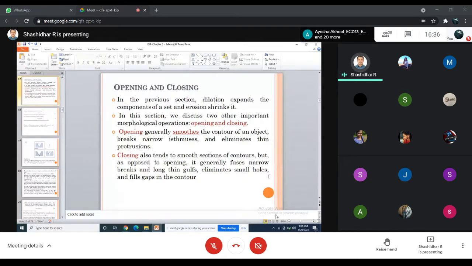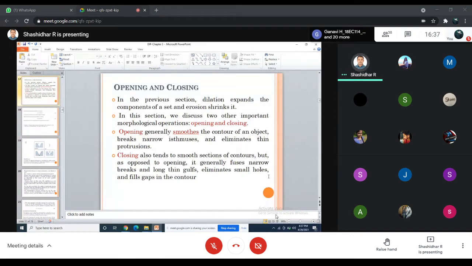So opening and closing. In this section, these are two very important morphological operations: opening and closing. What is opening? Opening generally smooths the contour of an object, breaks narrow isthmuses, and eliminates thin portions.